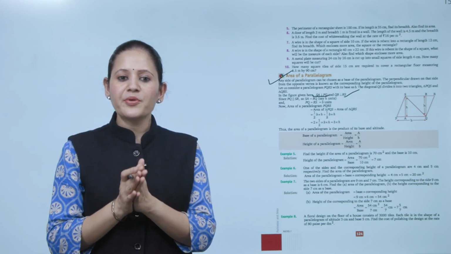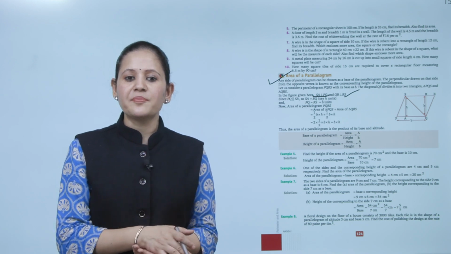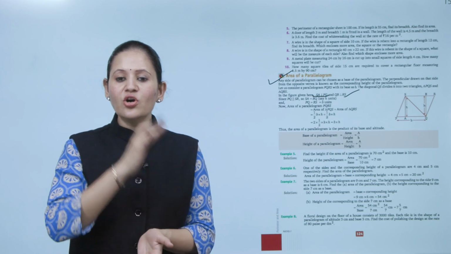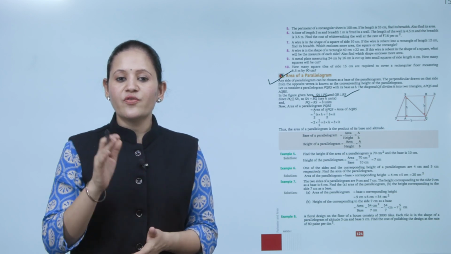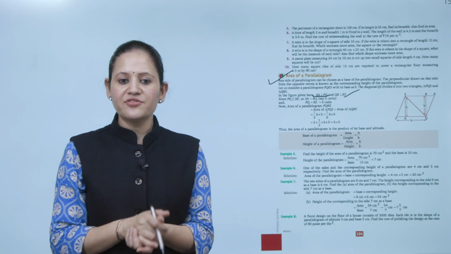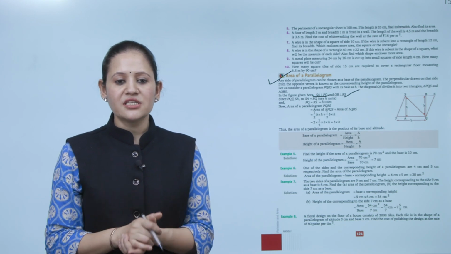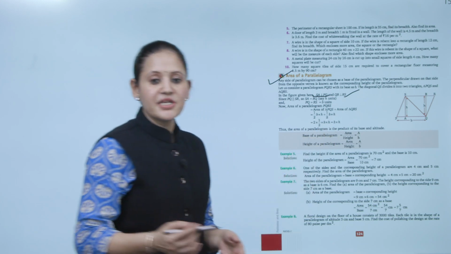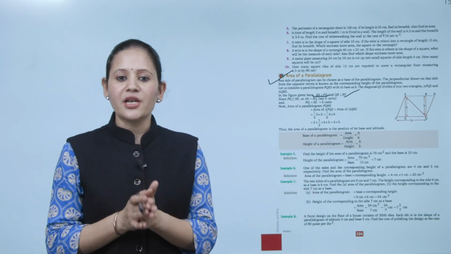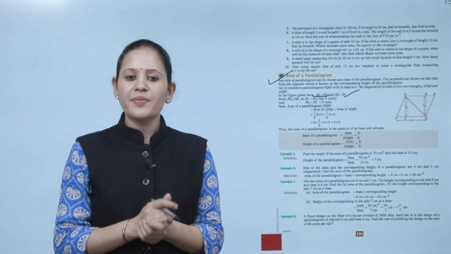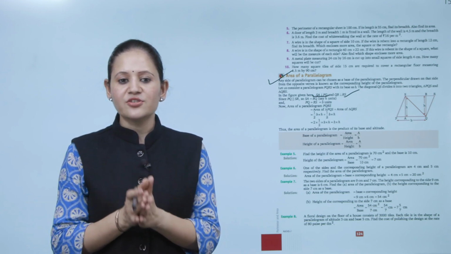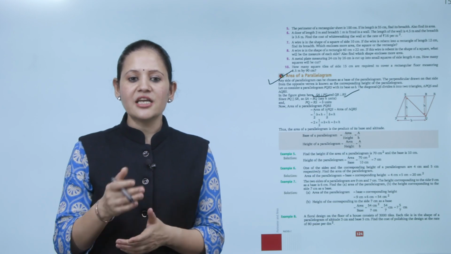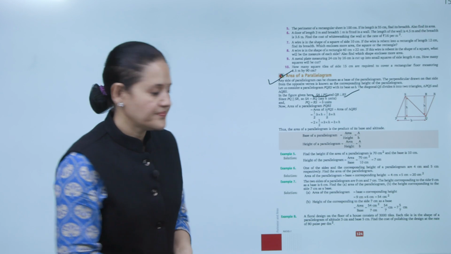Now the area of parallelogram PQRS equals area of triangle PQS plus area of triangle QRS, because diagonally इसको two triangles में divide कर दिया था. So 1/2 B into H, that is the area of a triangle, plus 1/2 B into H. So that is equal to 2 into 1/2 B into H, that is B into H. That is the area of parallelogram. Clear? So area of parallelogram is the product of base and altitude. Base of parallelogram is area upon height, and height of parallelogram is area upon base.